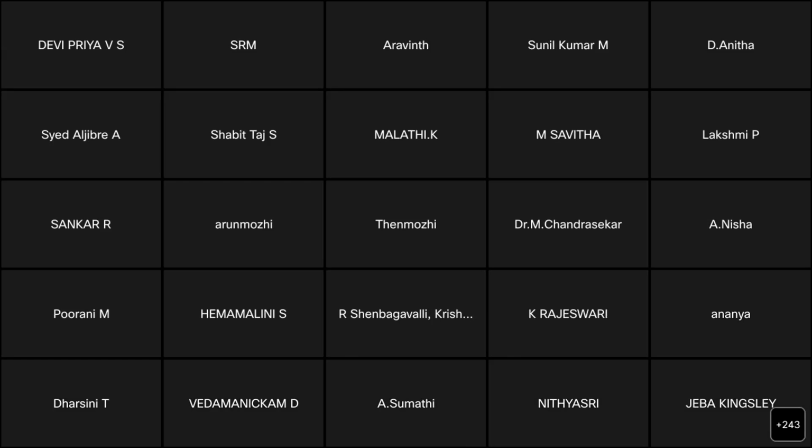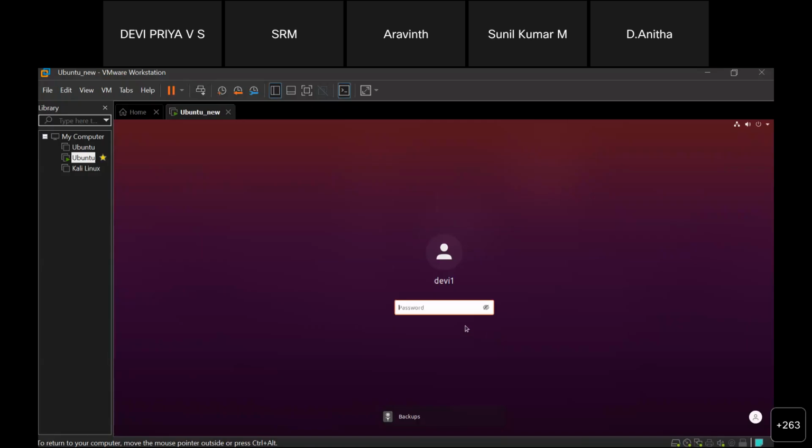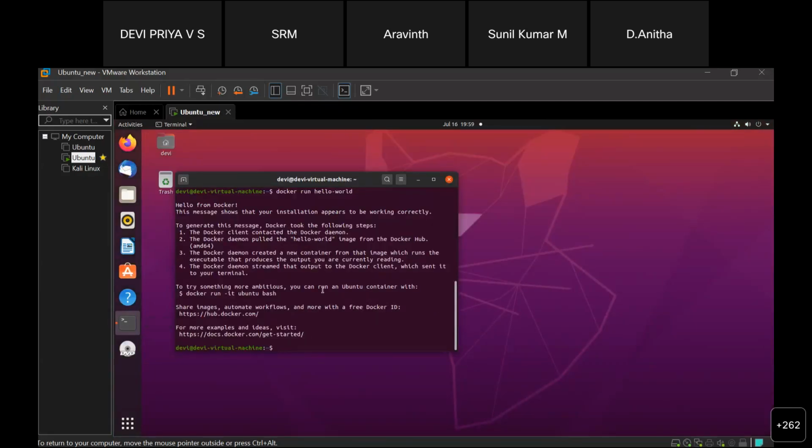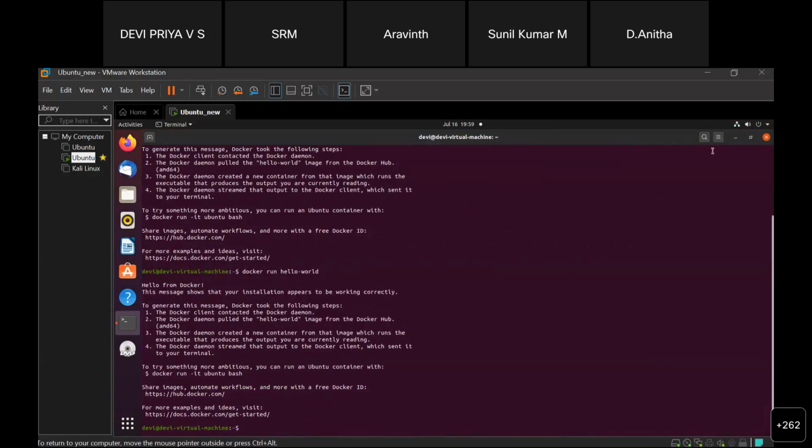So now I am showing you my VMware, where I have already installed the Docker. Okay, so once I have installed the Docker from the Docker docs, I can check whether my Docker is running properly or not. For that, I will be using the docker run command. So docker run hello-world. Hello-world has been already installed in my machine, so it won't take much of the time. It will happen very fast.